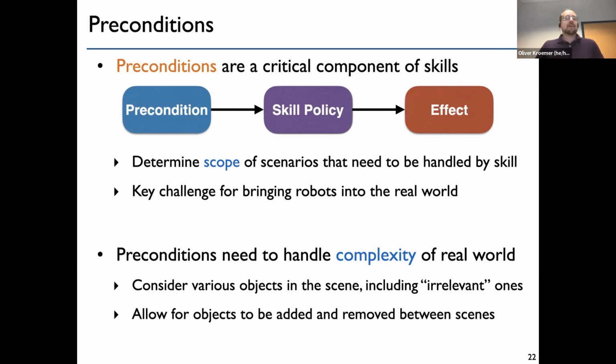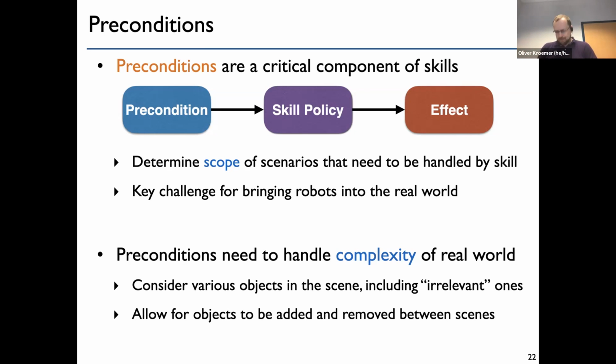It just needs to be able to identify that it can handle these situations, rather than saying it needs to be able to handle any possible situation in the real world. So the way that I see preconditions is as that barrier that has to handle the complexity of the real world, so that we can have robots whose policy doesn't have to handle every single